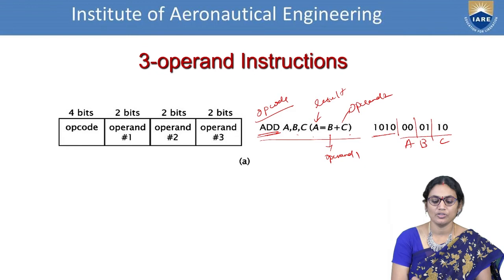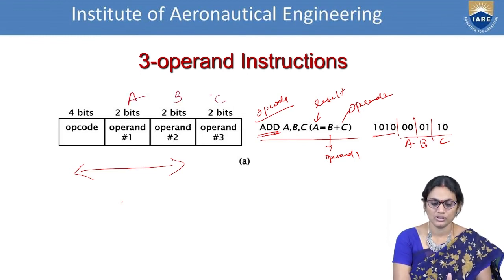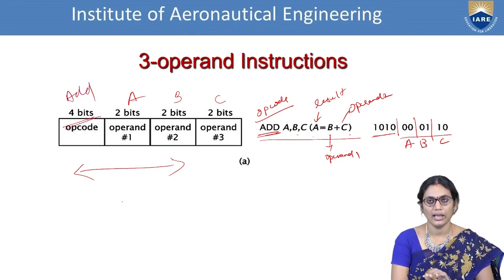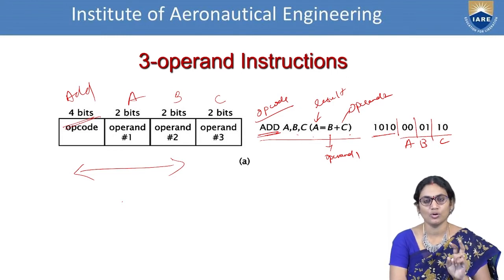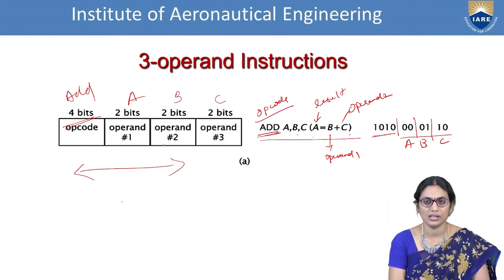To handle this operation, you can see the bit specification over here, and this is called the instruction format. We are calling this 3 operand instructions because one for A, one for B, one for C, and the opcode for add. 4 bits is common for any kind of opcode, whether you are writing move or load or shift or add or subtract. Whatever you are writing, you have only 4 bits as a combination of opcodes. Next is A, B, C, which is the specification of operands. That means whatever values you are taking, those will be represented as the next data presentations. This is called 3 operand instructions.